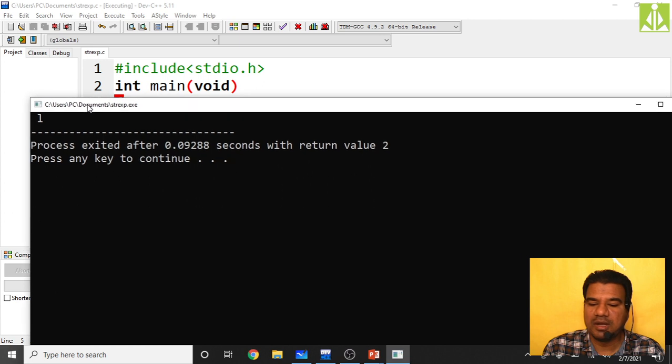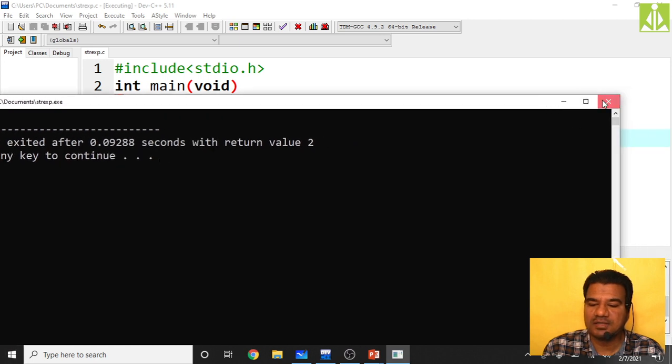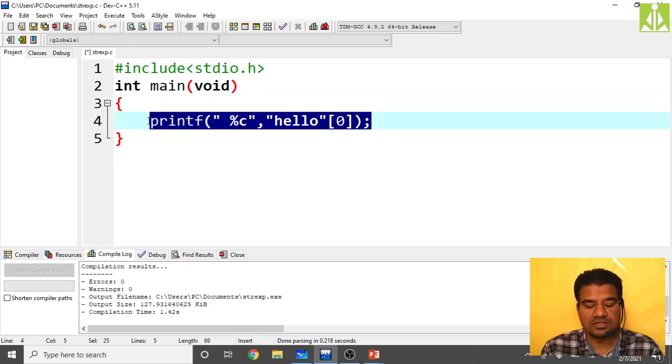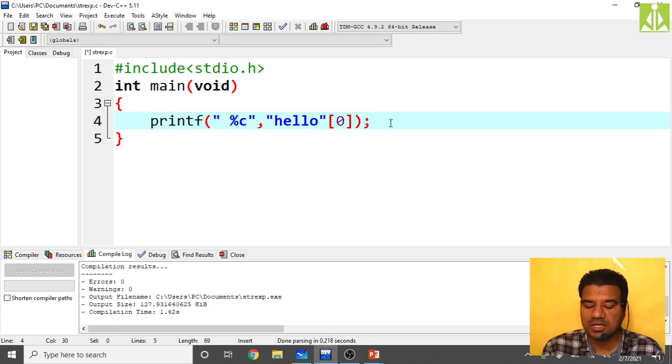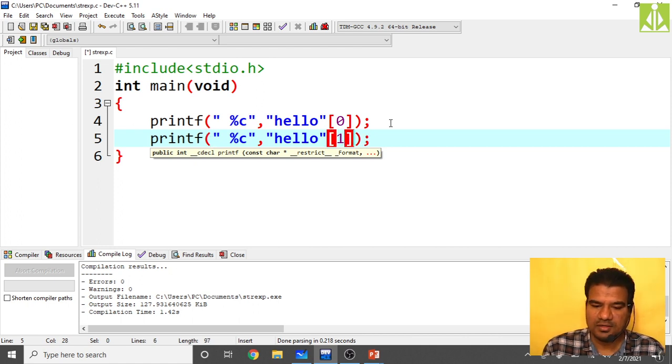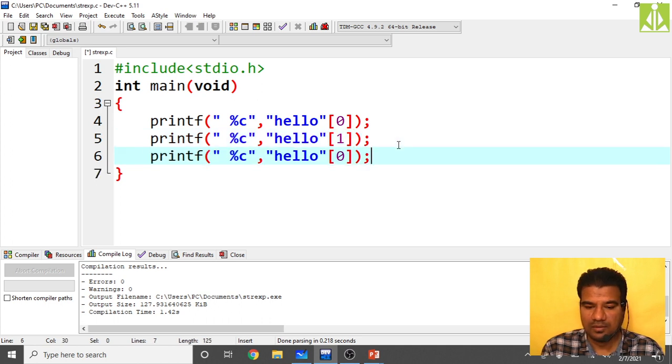Line by line, shall we print all the characters separated from this string. We start from 0, just to know the difference, what represents what. So hello[1] will give you E, then hello[2].